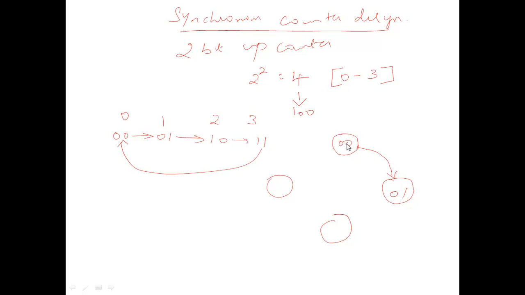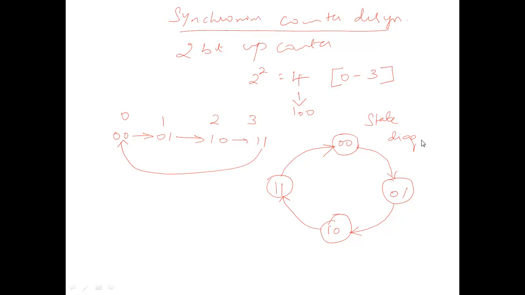To transit from one state to another state, there will be some condition. But with respect to an up counter or any counter, it is just counting the number of pulses. Therefore, a condition for this counter is not required. So 0, 0 will directly go to 0, 1. In the next clock pulse from 0, 1 it will go to 1 0. From 1 0 it will go to 1 1. After 1 1 it has to come to the reset state. Reset state is 0 0. Okay, so this is the state diagram.